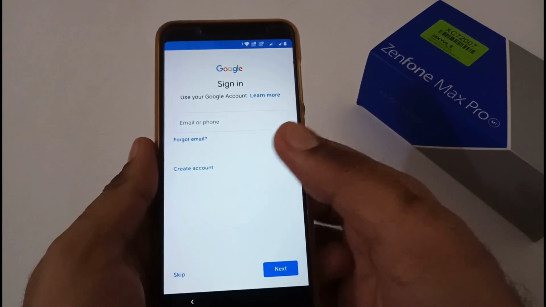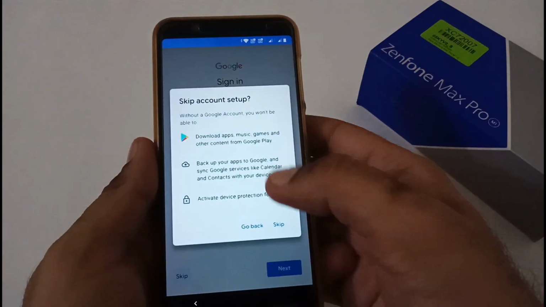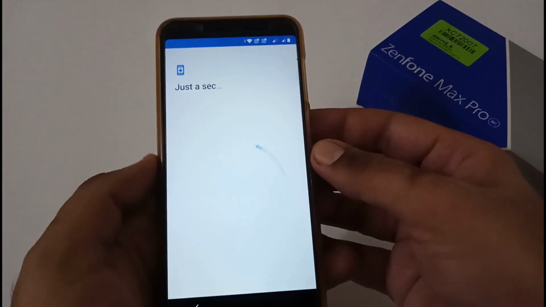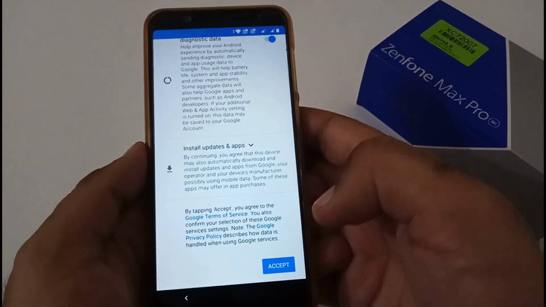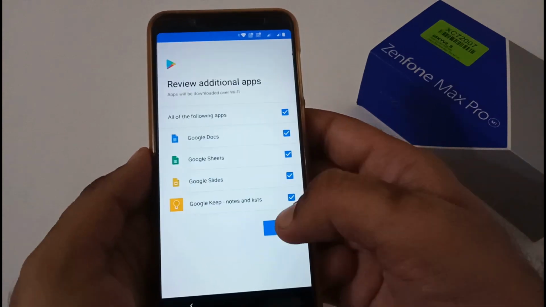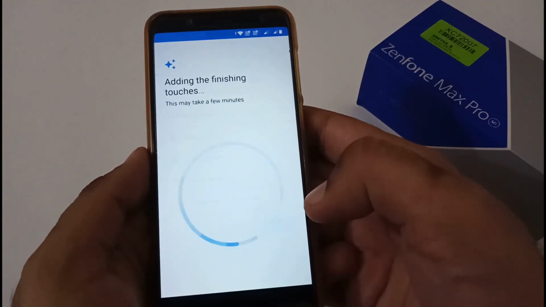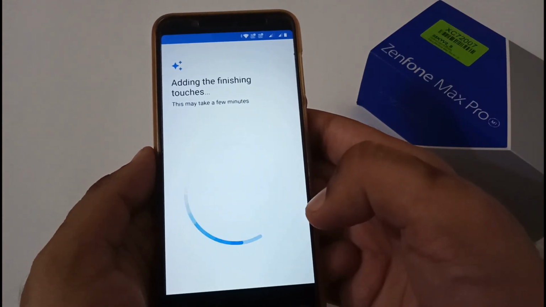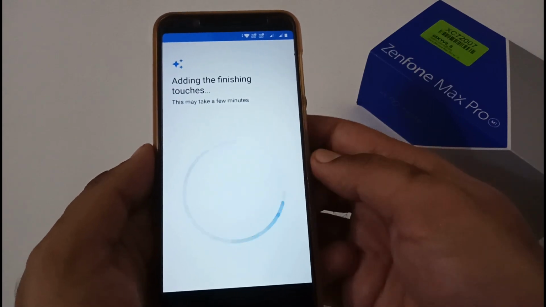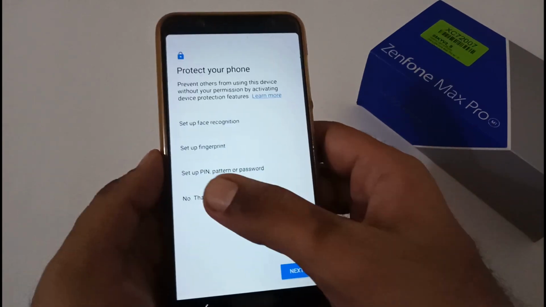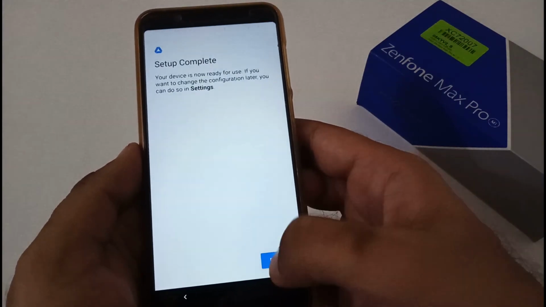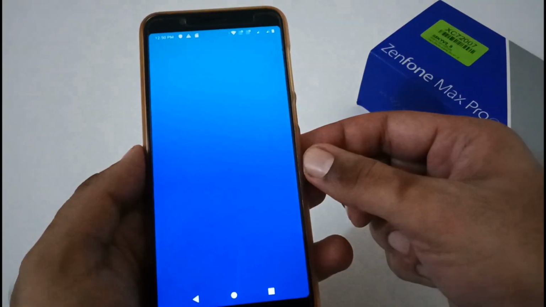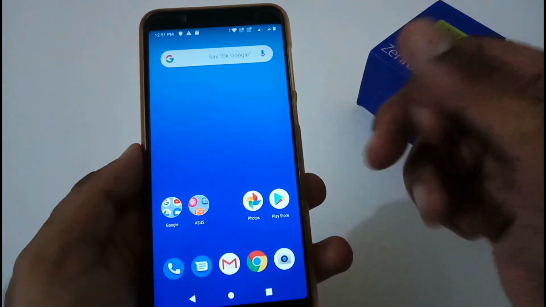The next step is, do you want to set up a Google account? As of now, I'm just going to skip it for the video's perspective so that we can cut down this time and complete as soon as possible. Almost we are on the verge of completing this phone setup process. It will hardly take 5 to 10 seconds more, and afterward we'll be successfully booted to the home screen. And once it is completed, I'll also show you that after downgrading successfully, you will be able to view the update as well.